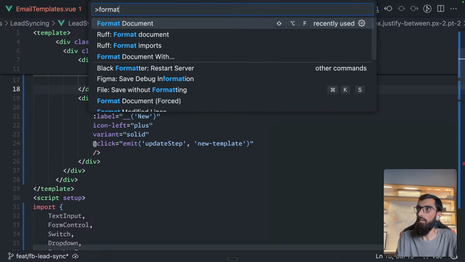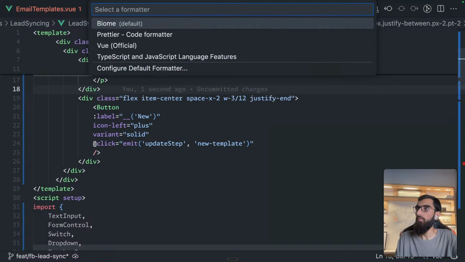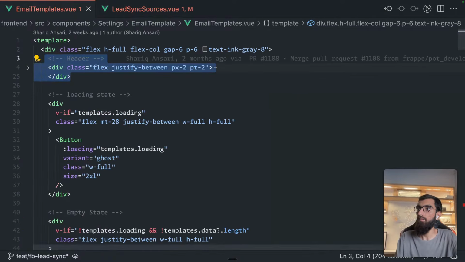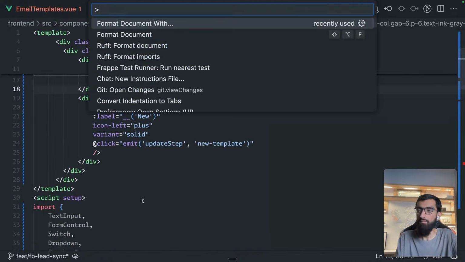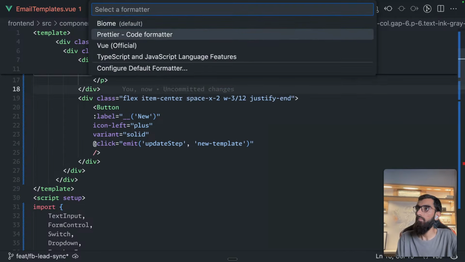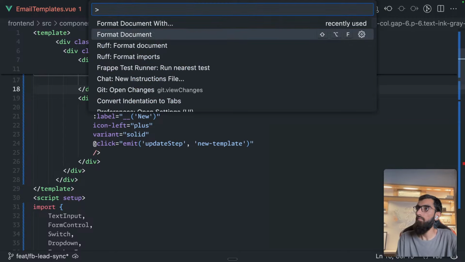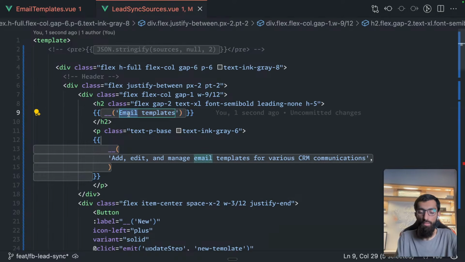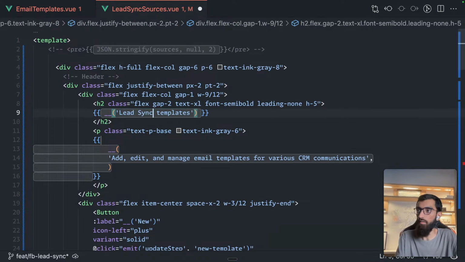Or document ATM. Does it work? No. Yeah, this will be